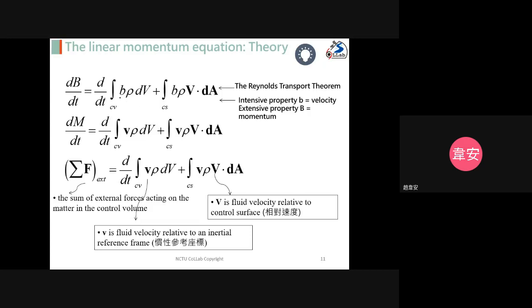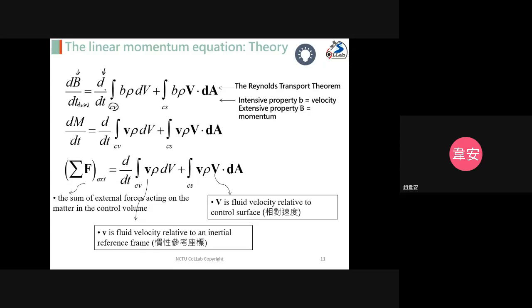So go back to the Reynolds transport theory. The transport theory tells us the change of an extensive property with time in the closed system is equal to the intensive property multiplied by rho dV, integrated, and this is the property in the control volume,